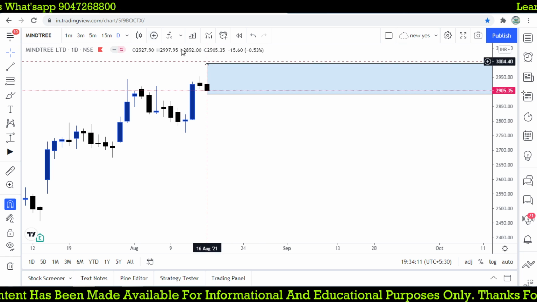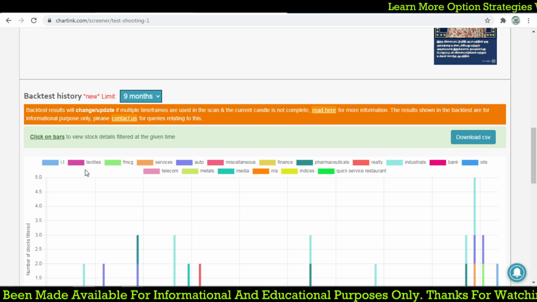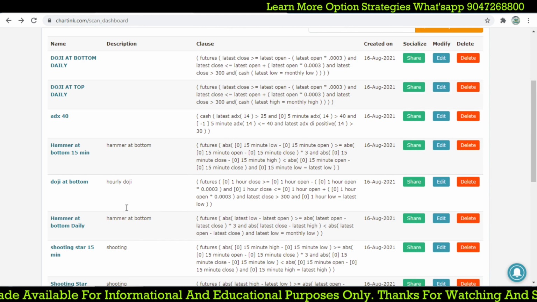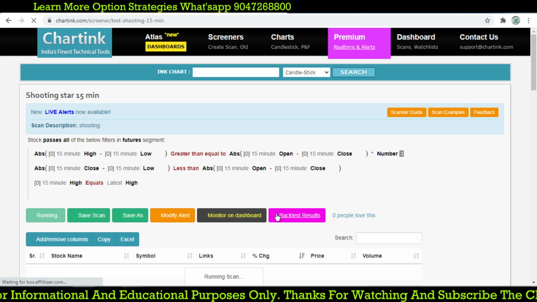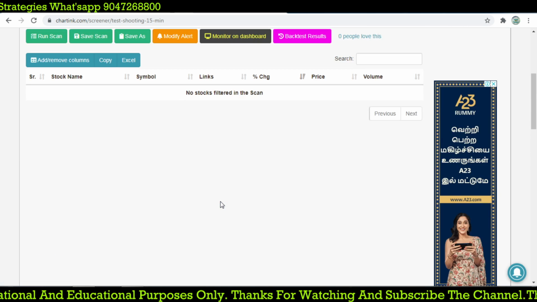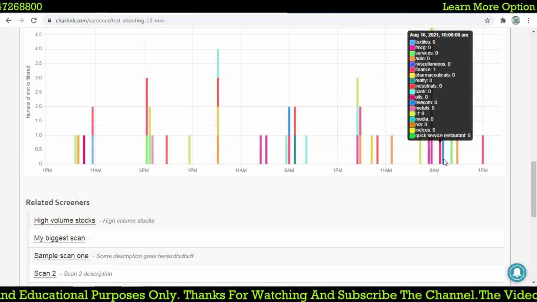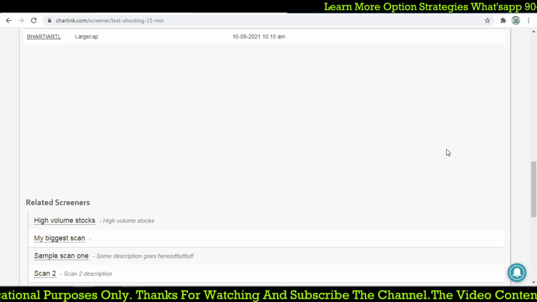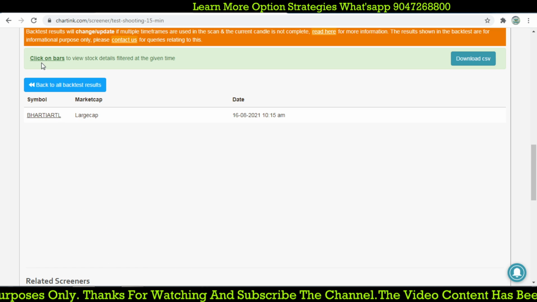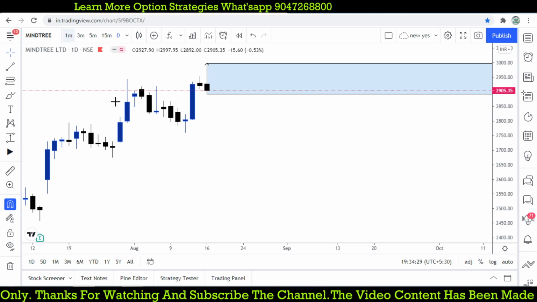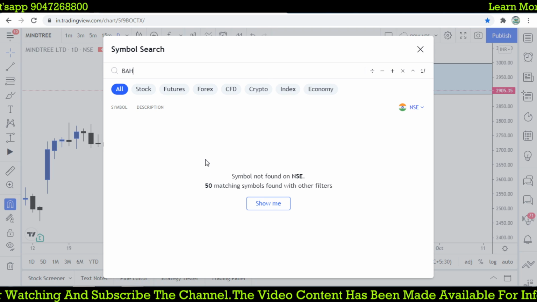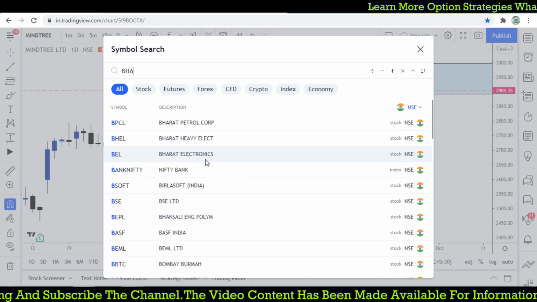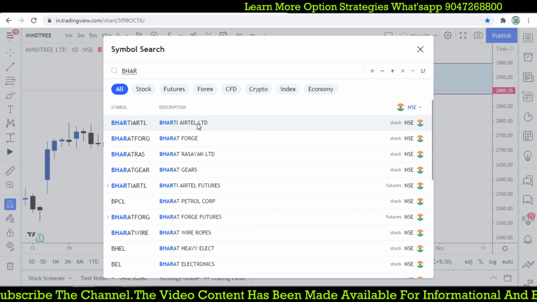The same one we are going to create on 15 minutes. That is also something I'm going to do from tomorrow. On 15 minutes, a lot of stocks will form based on this candlestick. Today we found around 10:15 a stock where it formed, Bharti Airtel at 10:15. This is the intraday time frame. So I'm going to do it tomorrow in my live session.